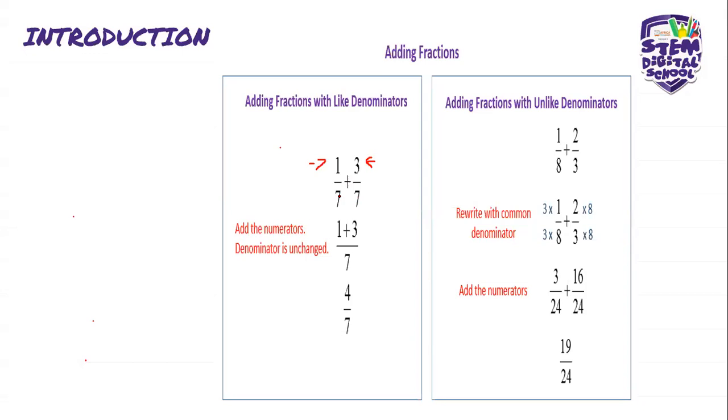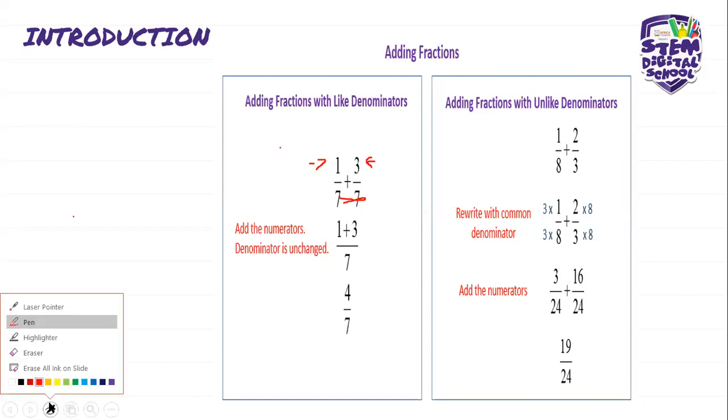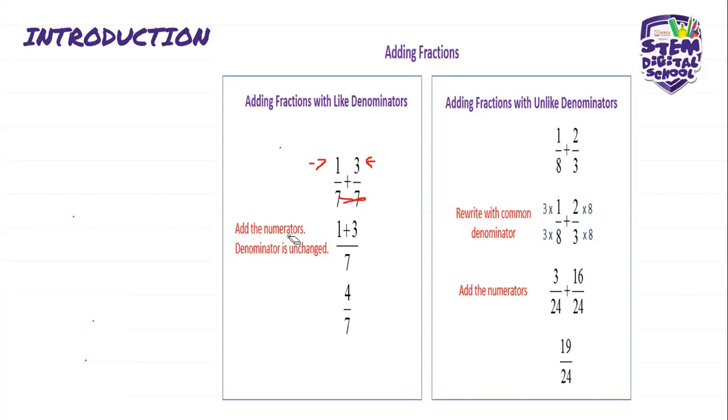That's even the reason why you have an LCD, the lowest common denominator: I want to make the fractions come from the same place. If the denominator is 24 for one, the other one must be 24. Once you already have the same denominator,